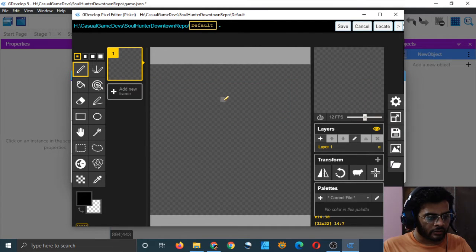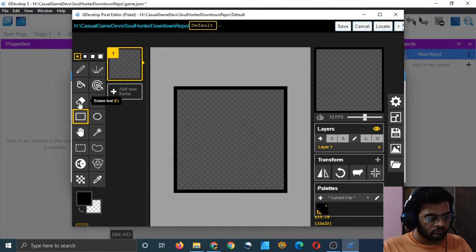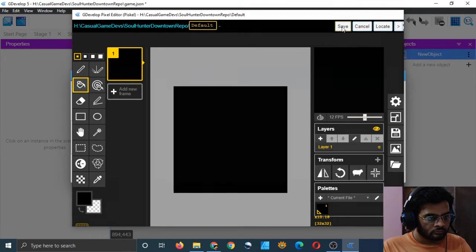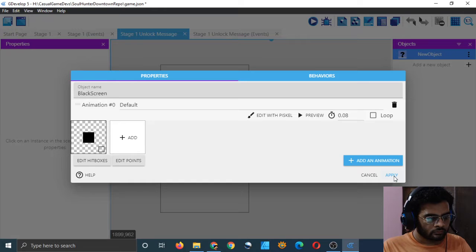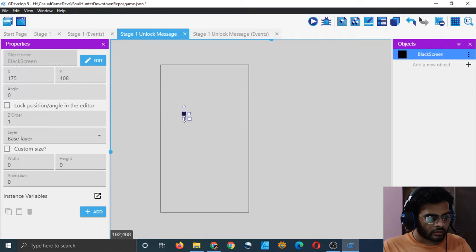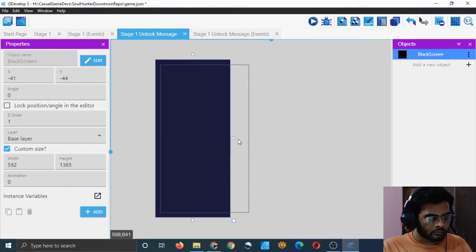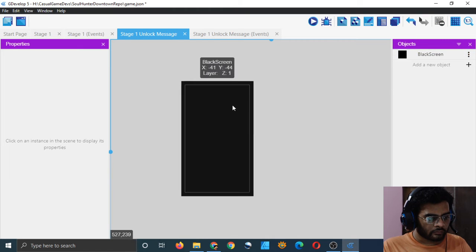Resize for easy editing. And then save and apply and drag it here and drag here like this and like this and like this.